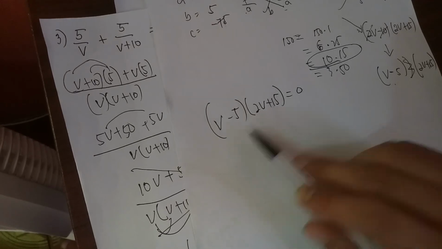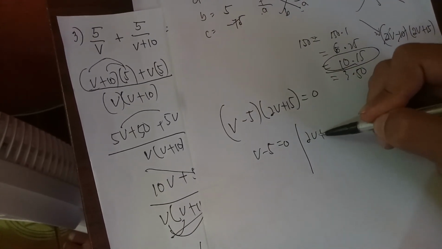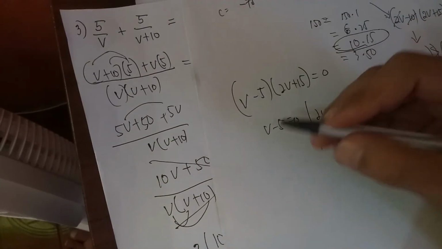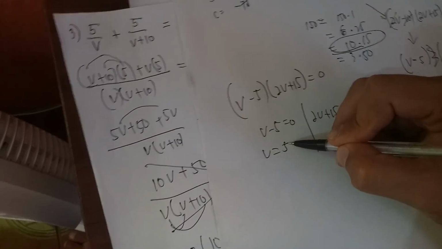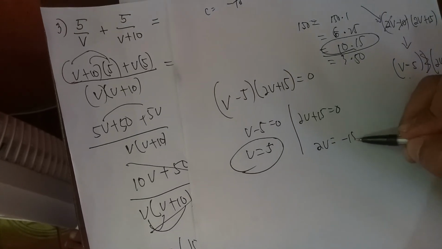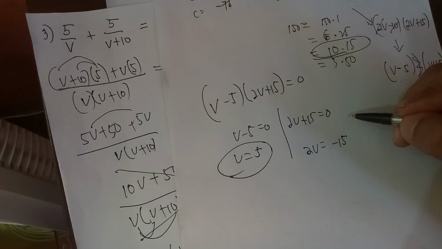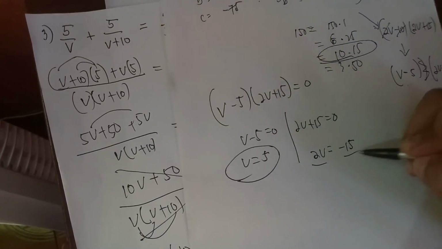Now if v minus 5 equals 0, the other one is 2v plus 15 equals 0. So v is positive 5. This is one value of v. While the other one, negative 15. So positive 15 become negative 15. So dividing both sides by